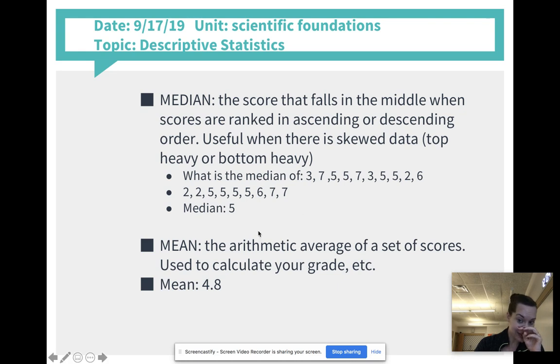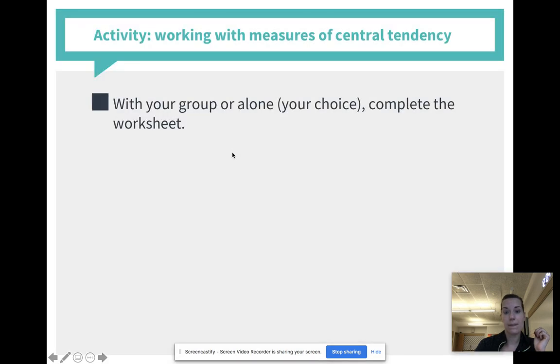All right. So this one is usually the most accurate, but again, when our data is skewed, so there's a lot of scores at the top end or a lot of scores at the bottom end, sometimes this isn't giving us the true average, which is why we might decide to use the median. Okay? All right, so now you're going to work on completing working with measures of central tendency on your own,